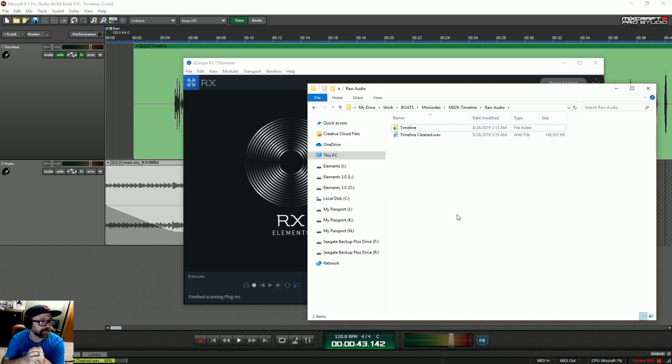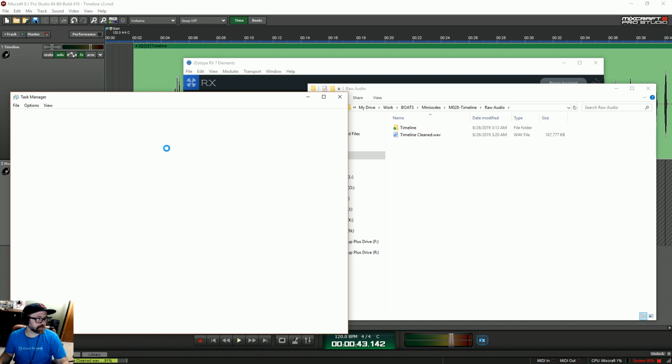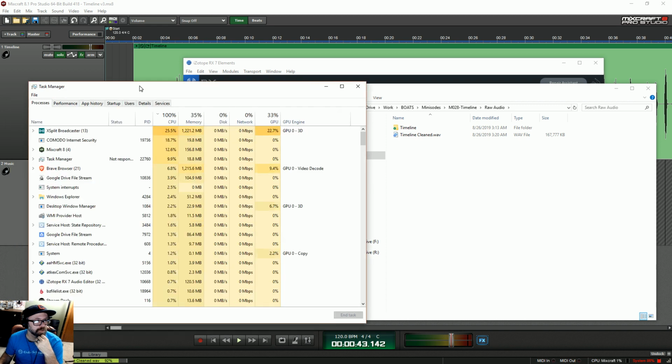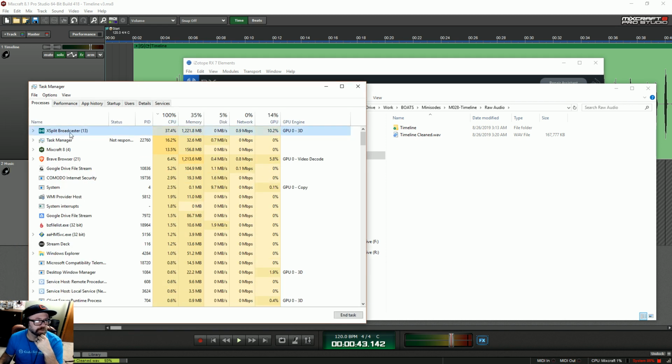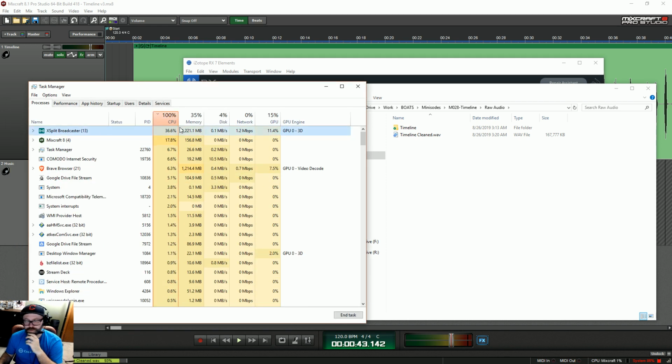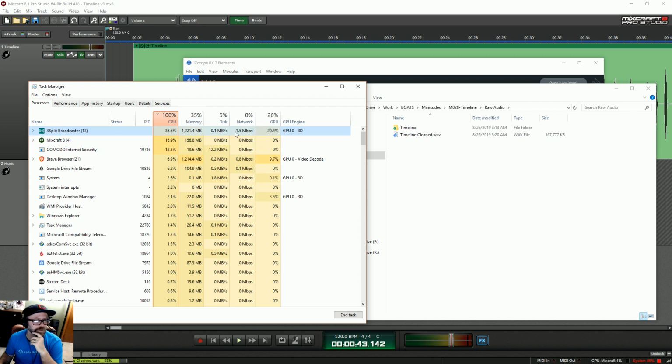Yeah, this is taking a little while. Let's pull up my task manager here to see what the bottleneck is. Yeah, so it's XSplit, because of the stream, because I'm doing that at the same time.